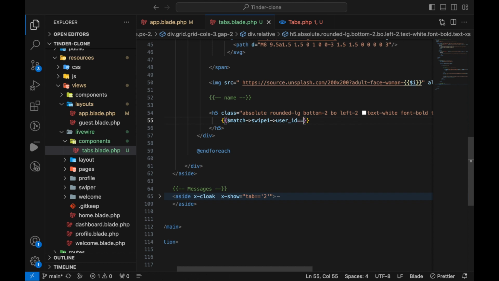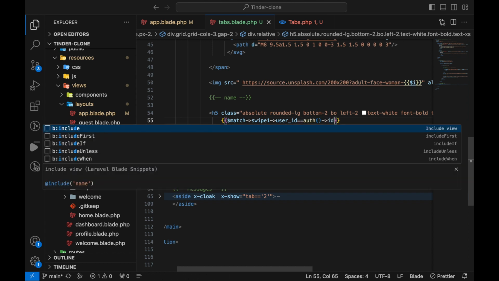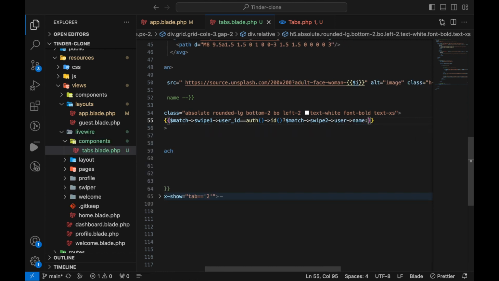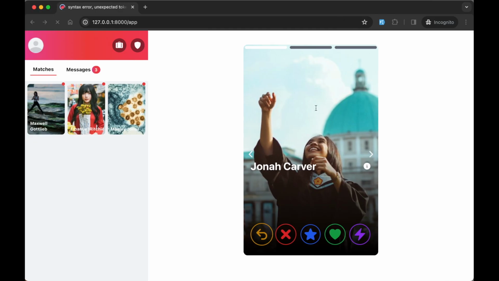We're going to check if this user ID is equal to the current auth ID, question mark is outside brackets. If this is true, then the match we want to show is for the other user, swipe 2. So it's going to be swipe 2 user name. Otherwise, show nothing. Now if you refresh,